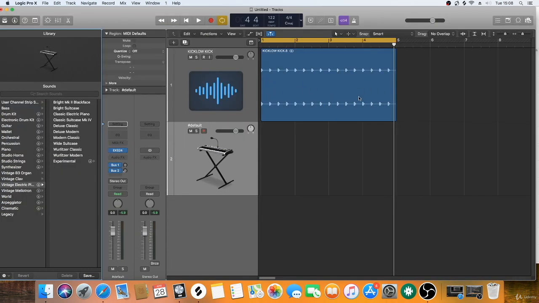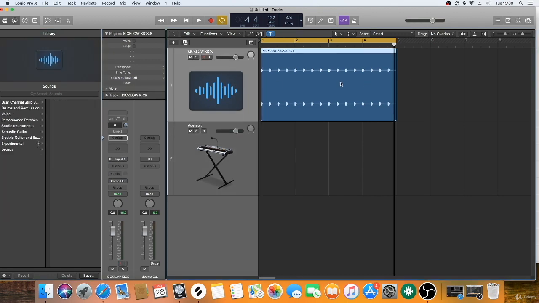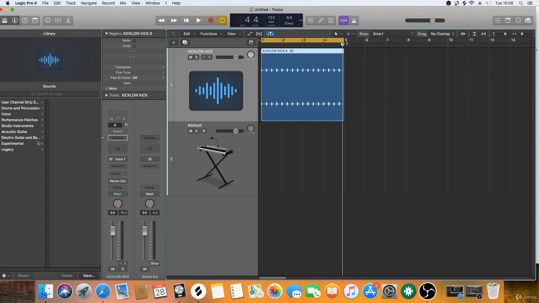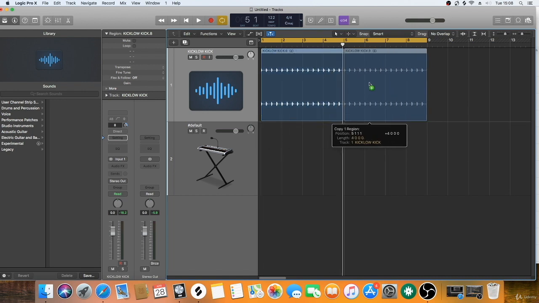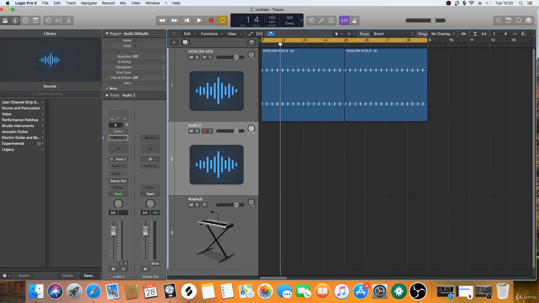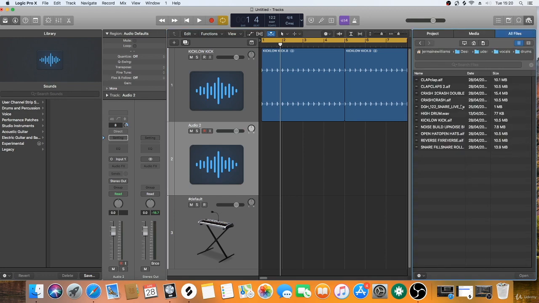So we've dragged this drum in, which is the drum loop, which is 4 bars. If we want to drag that another 4 more bars, all you need to do is just press Alt and drag that over. So let's drag a high drum. If we drag a drum in here,